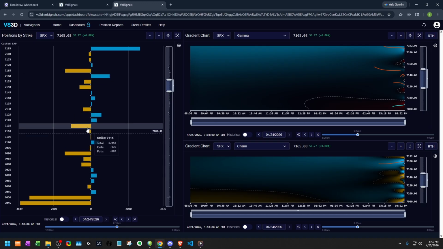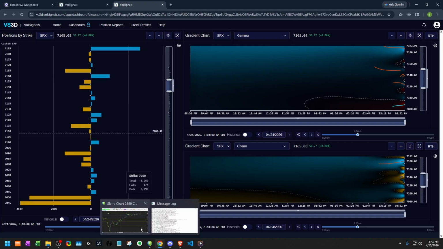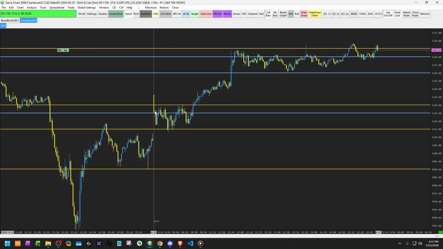You have two potential ranges at play. You got one from 70.90 to 71.15 with the balance point at 71.00, and then you got one from 71.15 to maybe 71.50 or 71.65 as the more obvious one, with potential balance points at 71.25 and then 71.60. So if we open up the SPX chart, we opened up at about